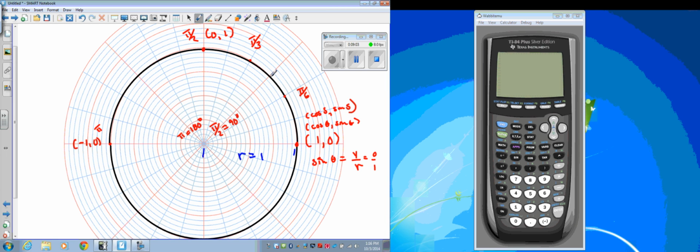And then the other unique one that we always work with is pi over 4. So that arc length is pi over 4 on a unit circle. Central angle is pi over 4, and the central angle in degrees is 45. Now, in terms of ordered pairs, that point has an ordered pair of,